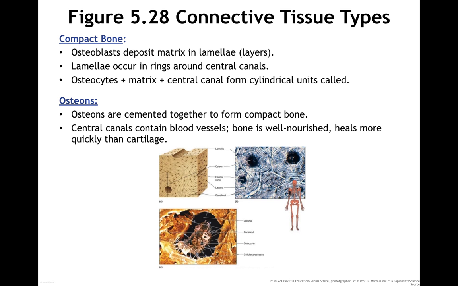Compact bone has the osteoblast matrix outlined in layers, so it's laminar, and that lamination occurs in rings around a central axis. The osteocytes and the matrix and the central canal form a cylindrical unit called an osteon, and the osteons are cemented together to form compact bone. The central canals contain the blood vessels, the nerves, and the lymphatics. Bone does have a good blood supply. Bones heal relatively quickly, especially compared to some of the other connective tissues you find associated